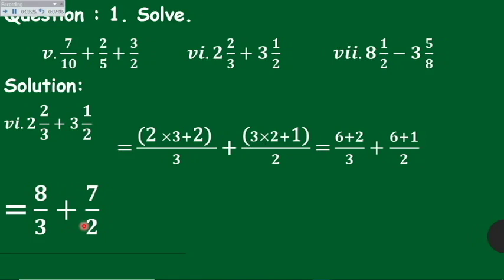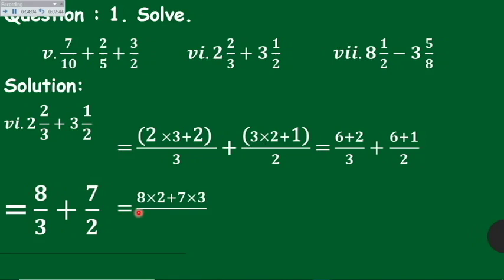Now afterward you need to add these fractions. How are you going to add this? I already explained such questions. In this condition we are doing cross multiplication. Cross multiplication means multiply the denominator of the second fraction with the numerator of the first fraction. Then we put the sign between them. Here the sign is plus. Then we will multiply the denominator of the first fraction with the numerator of the second fraction.